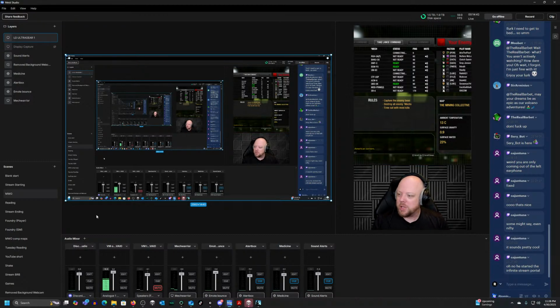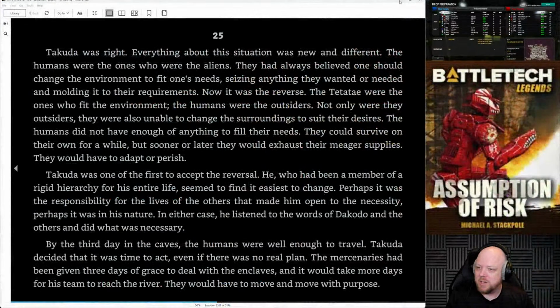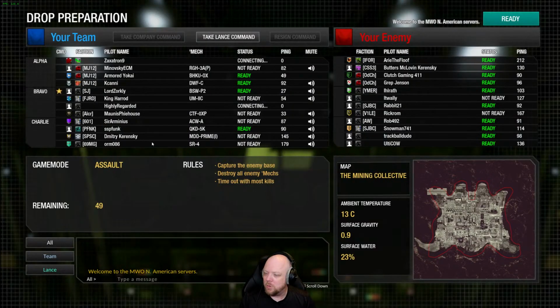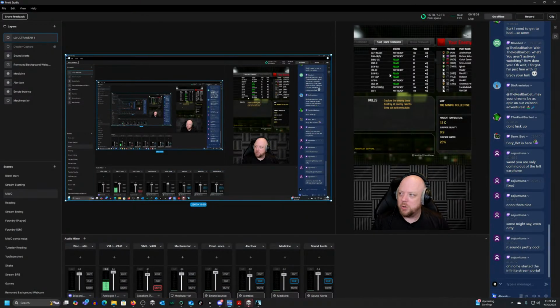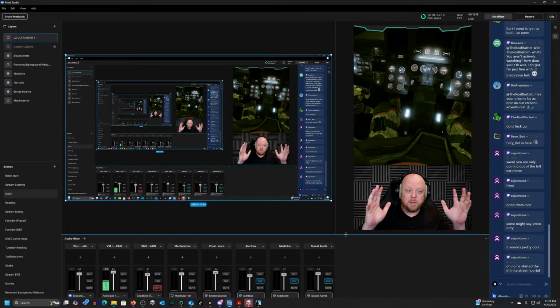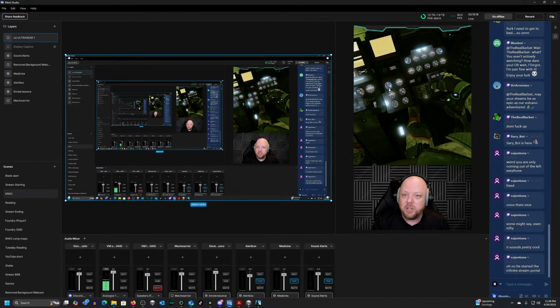But it's got the screen, so when I move between screens, it automatically will move things around. And so that's all pretty cool. Let's turn that back off, so that way we're back to just MWO. But what I'd like to see it do is, as I was showing you over here, I have a vertical setup now. It's not just the horizontal setup that you see on the left side. I have a vertical setup here to be able to do that on services that do it that way.